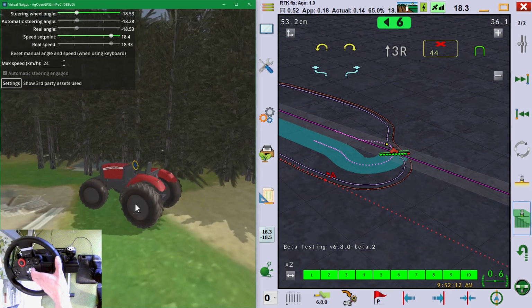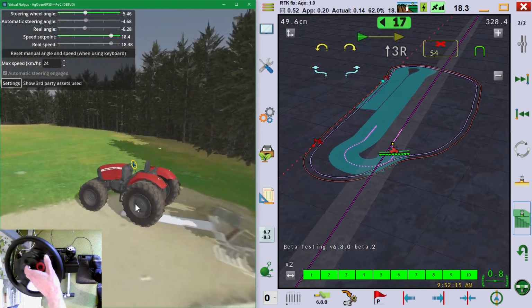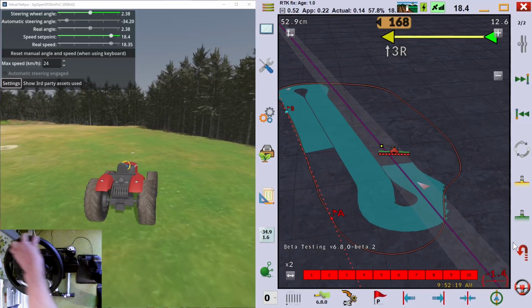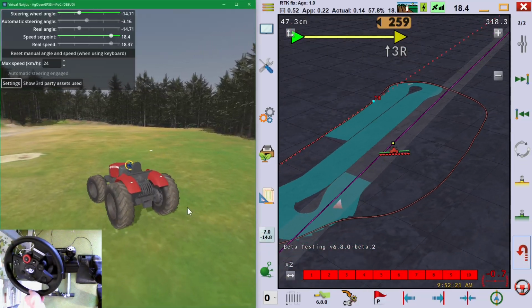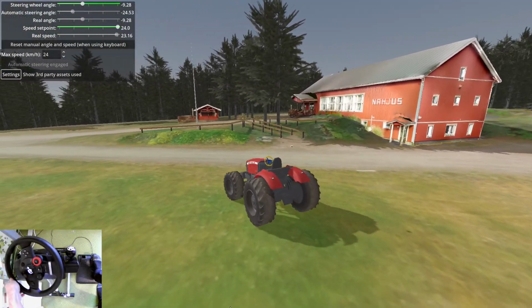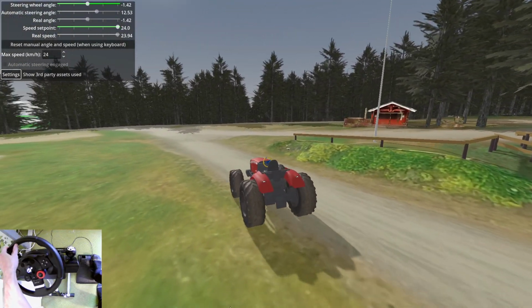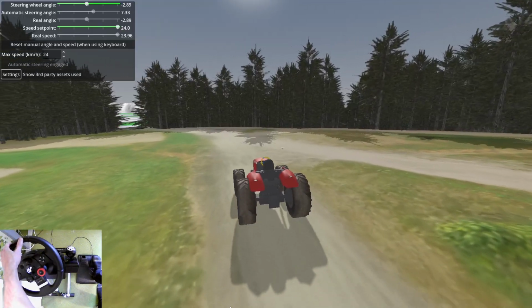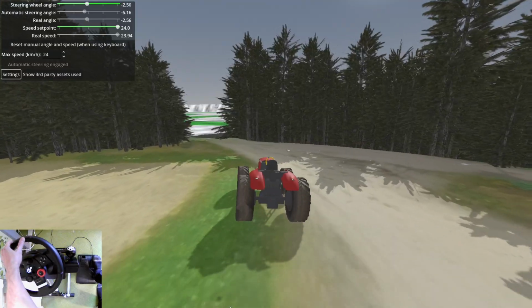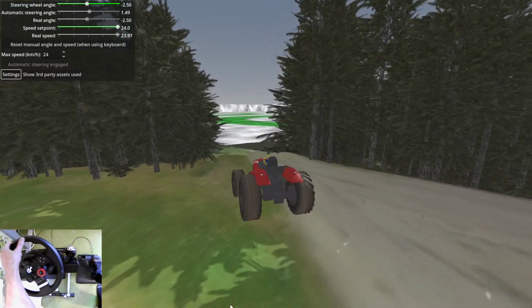But now let's disengage this automatic steering and other things, and let's drive to a bigger world through this exit here.